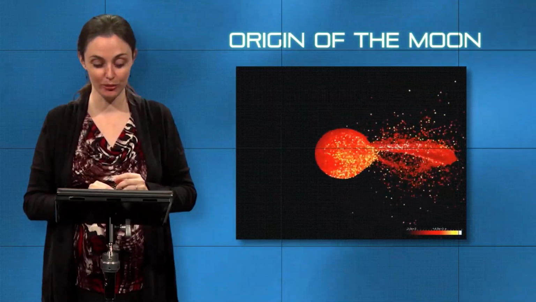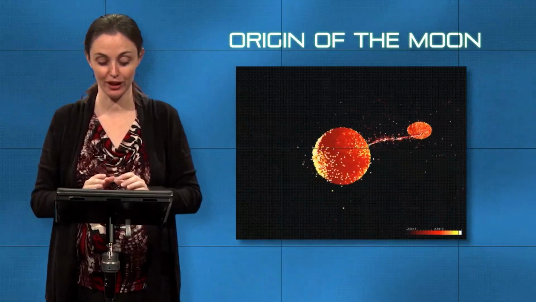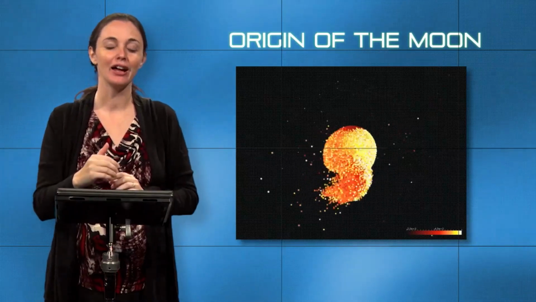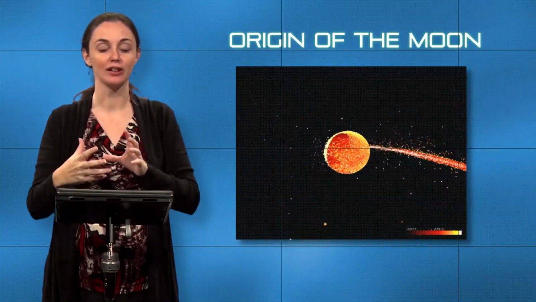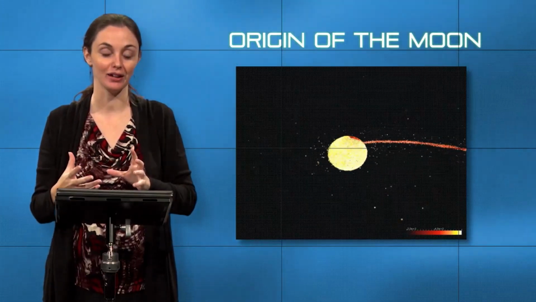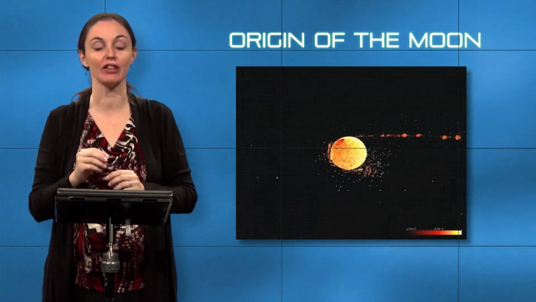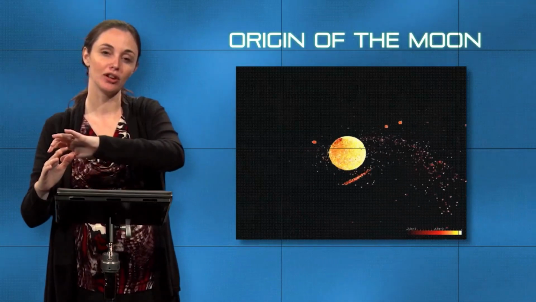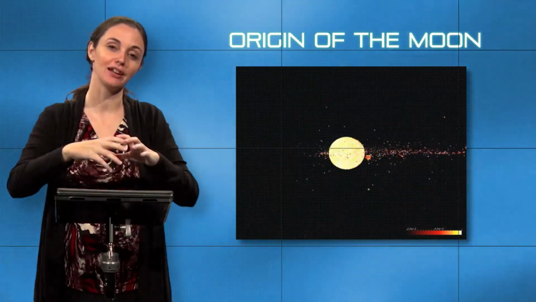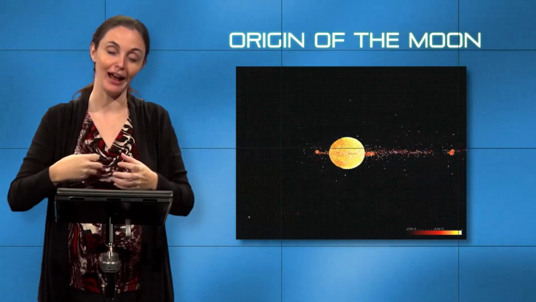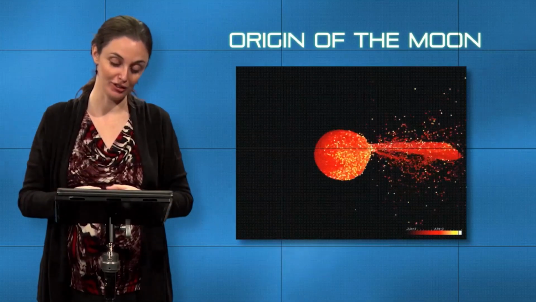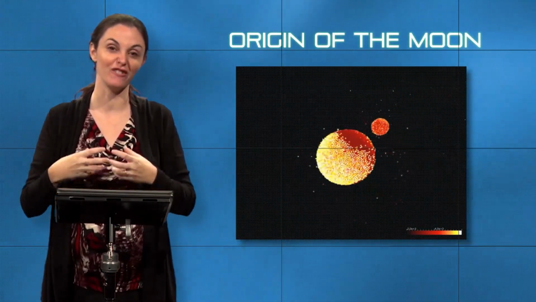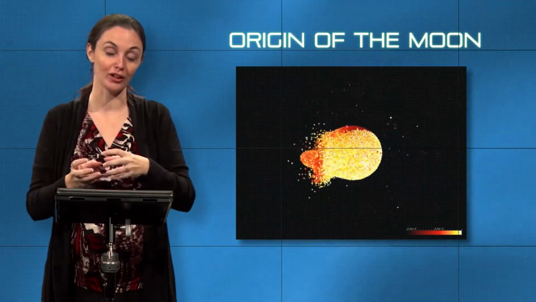So I've got a really cool simulation of how we think this impact took place. And you can see first off that the impact was really low angle. Too high an angle, and you basically have the Earth growing in size but not acquiring a companion. If the impact happens at a really low angle, that's the most successful at blasting material off the surface of the planet and allowing that material to come back and coalesce in orbit. And now you can see that that's exactly what's happening. There might have even been a second impact before this material eventually coalesced back together and